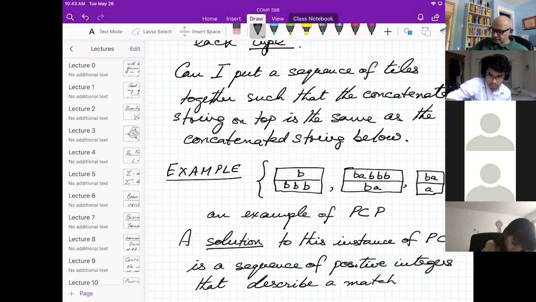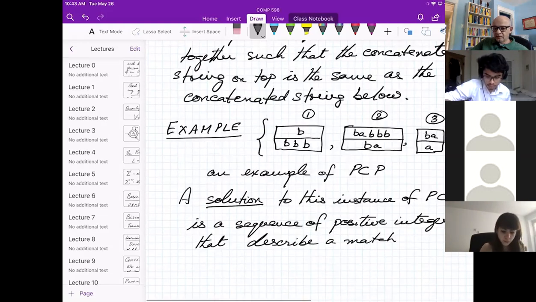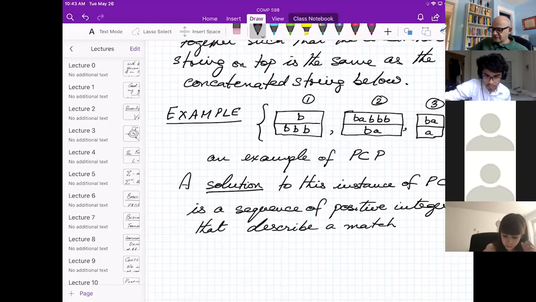So we label the first one type 1, this is type 2, this is type 3. And now, what's an example of a solution? 2, 1, 1, 3 is a solution.